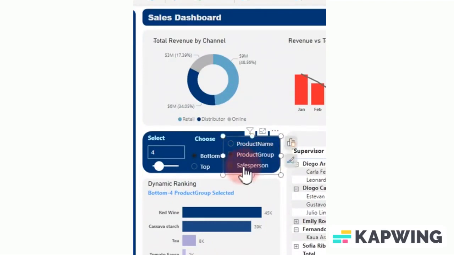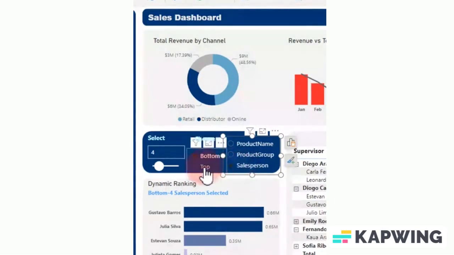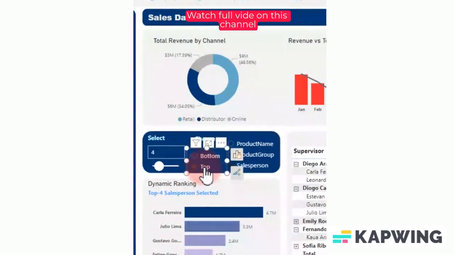You can click on salesperson and that shows you the bottom salesperson, and if I click on the top salesperson here, that gives me the top 4 salesperson. What if I want to increase it and go beyond